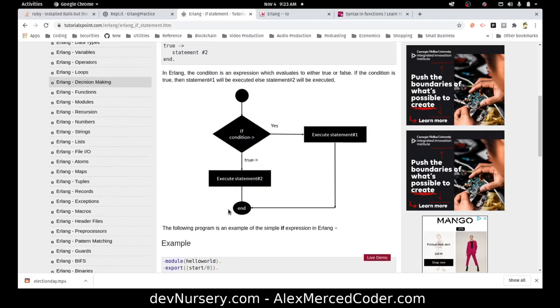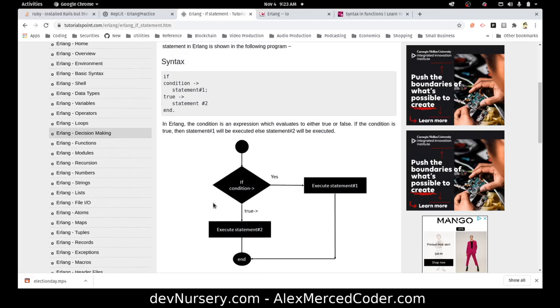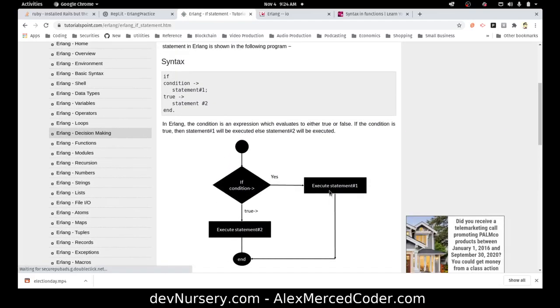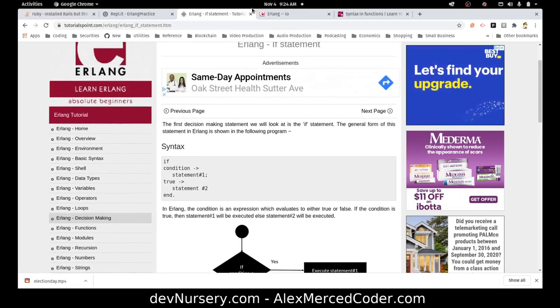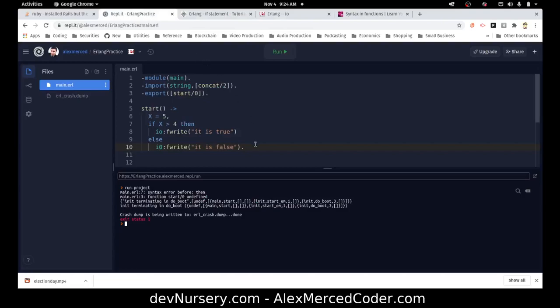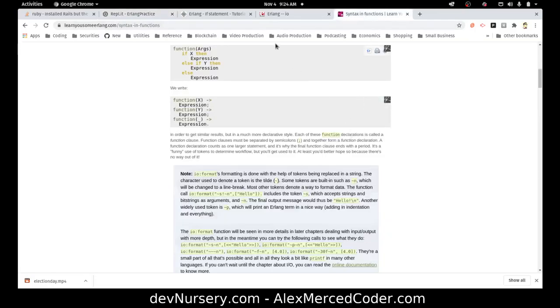That's an interesting way of doing that. If the condition true is yes, execute statement 1, and okay, so I kind of see how that kind of works. Okay, that's a weird way of doing it. Okay, so then it would be this, then this, and do I need like okay,